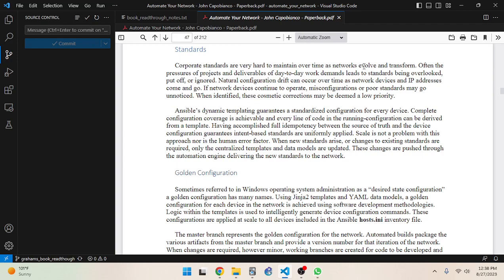Scale is not a problem with this approach, nor is the human error factor. When new standards arise or changes to existing standards are required, only the centralized templates and data models are updated. These changes are pushed through the automation engine, delivering the new standards to the network.